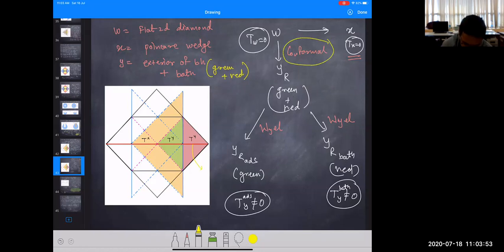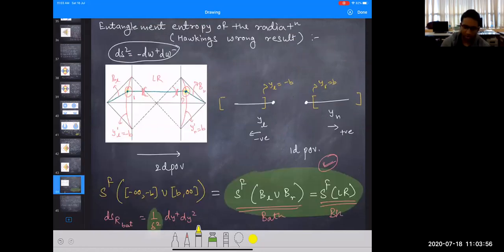So we did that, and after that I showed you how we did this computation. The computation was supposed to be of the Hawking radiation. So in the 1D model, which I have described here, this is a 1D point of view. In the 1D point of view, I wanted to compute the entanglement entropy, a fine-grained entanglement entropy, which I have written here,